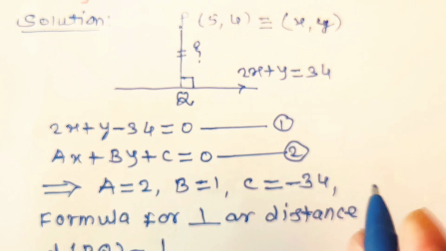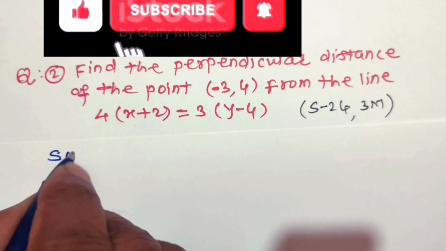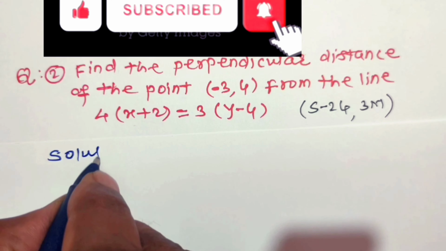Find the perpendicular distance of the point (-3, 4) from the line 4(x + 2) = 3(y - 4). This sum appeared in summer 2024 for 3 marks. Let us solve this sum. Solution is